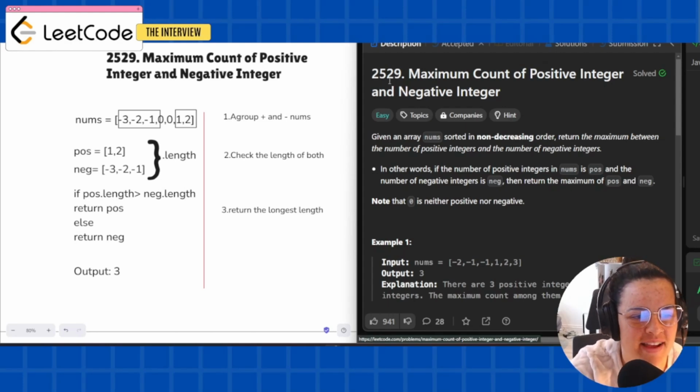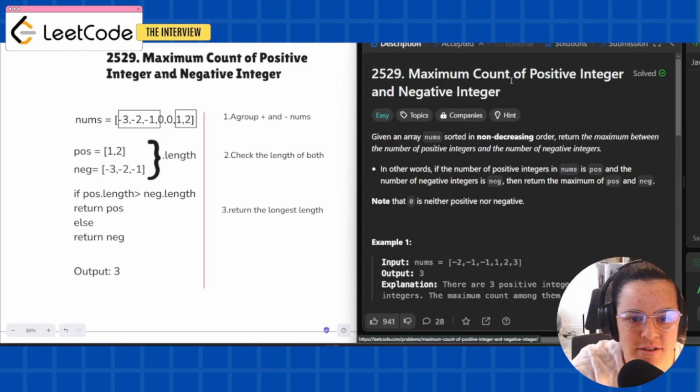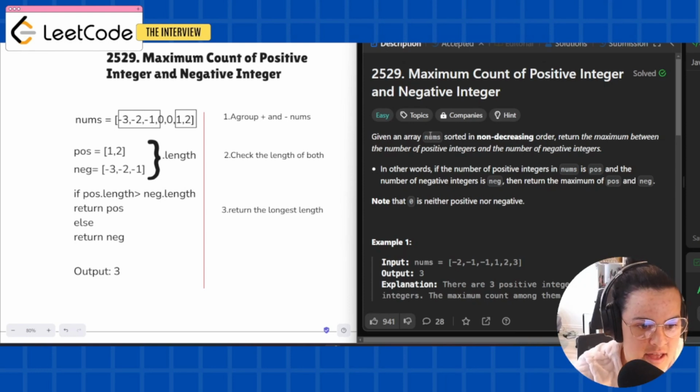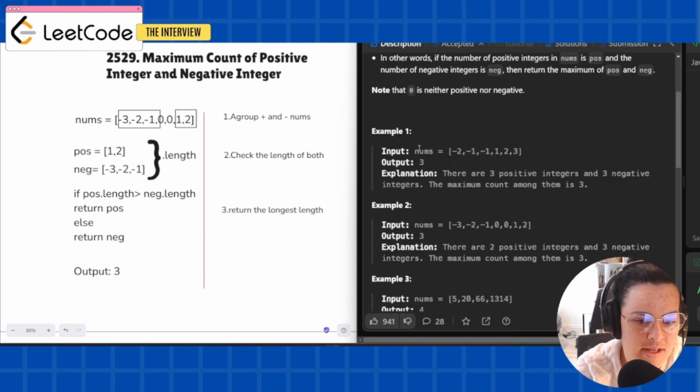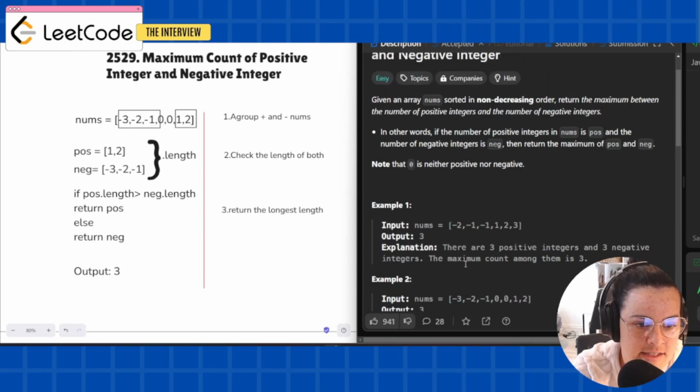Exercise 29, maximum count of positive integer and negative integers. Okay, in this exercise, they are telling us that we have to,